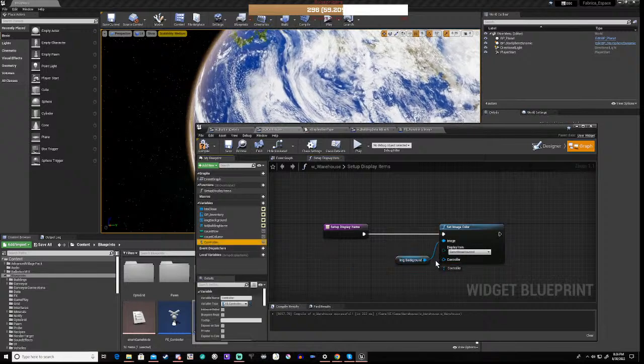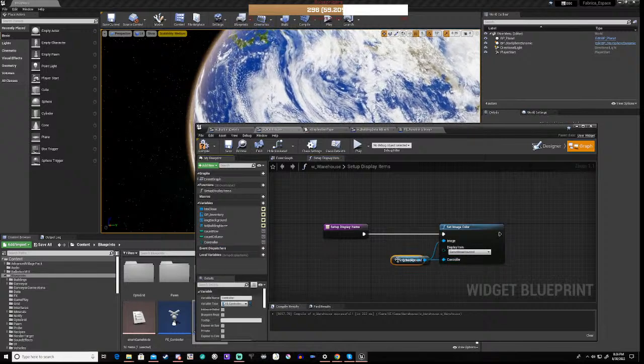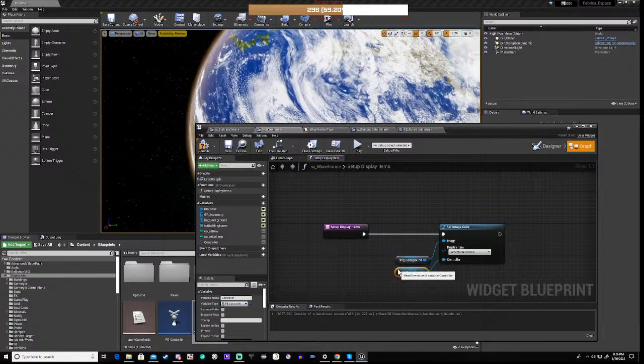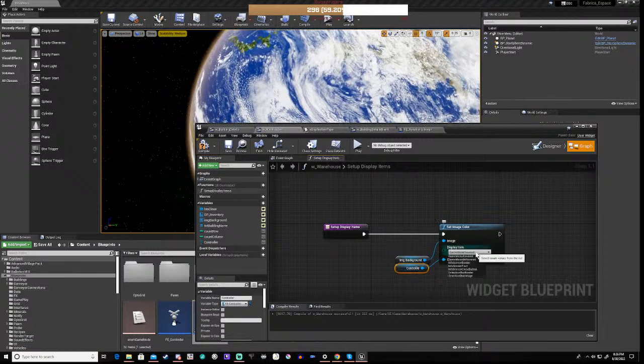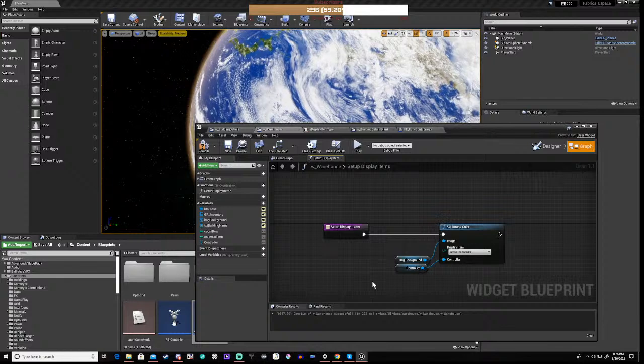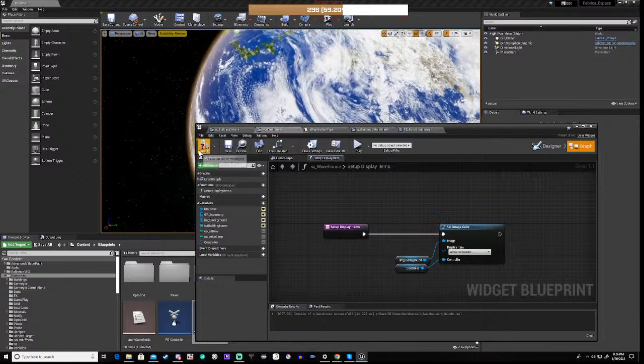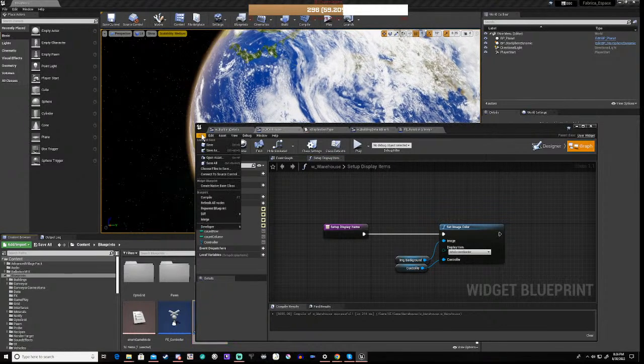And we pass in the controller and we can set it to image screen border. Okay, compile that, save everything,